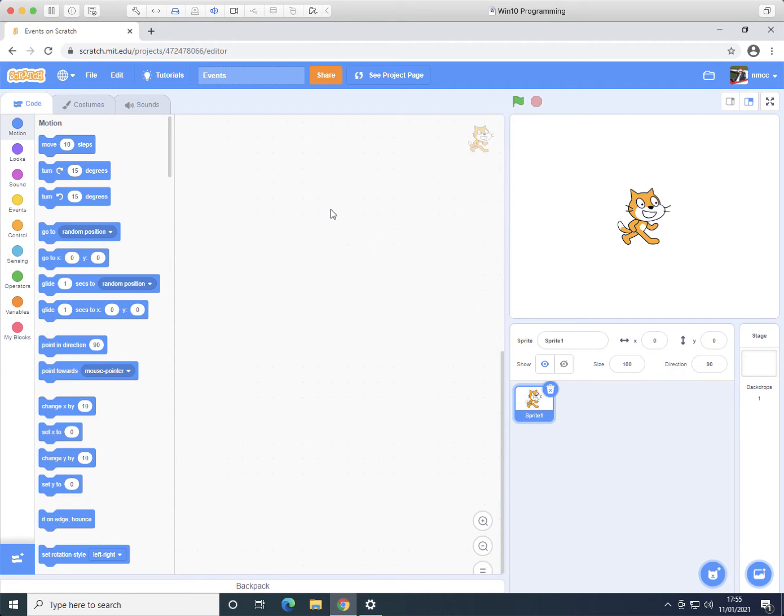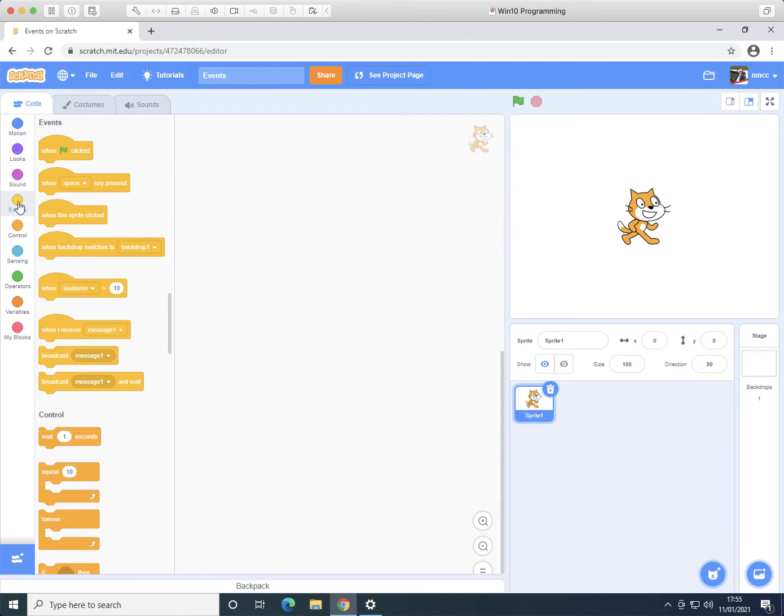So welcome to part 2, events. This means we've skipped over looks, sounds, and we're straight into events. Why is that? Well, because there is one really important event block, something that detects when you have pressed something